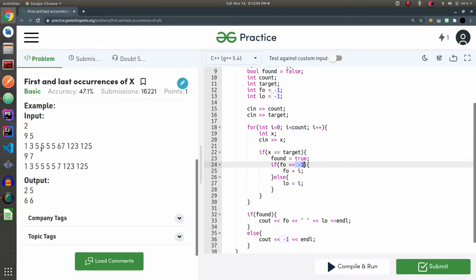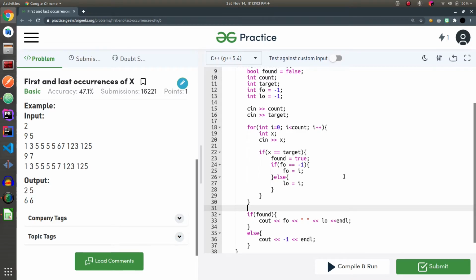In the next iteration, x is equal to target, yes. Is fo equal to -1? No, because now fo is 2, so it will go here. So now the value of lo, which is last occurrence, will be 3, and then in the next iteration it will be 4, and then it will be 5, and that is our output, which is 2 space 5. So that's what we have done here.